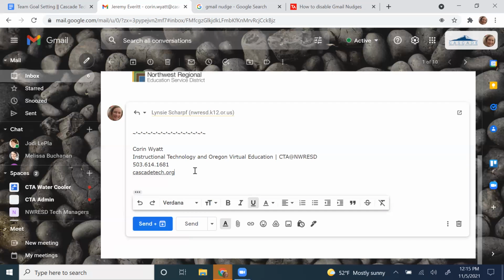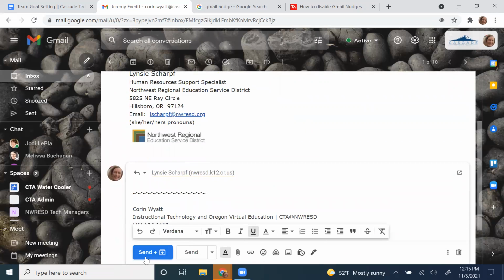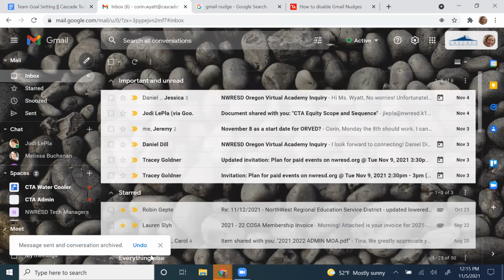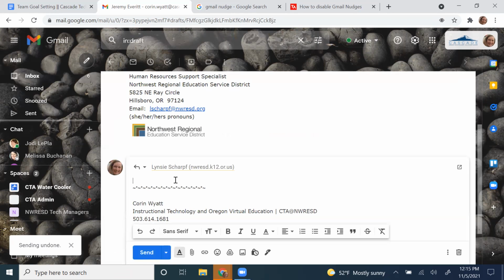The other thing that's cool about sending a message in Gmail is when you hit send, you actually have this option and you can set it for however long you want. Mine's about 30 seconds. I can undo that send and it gives me the message back. So a lot of times I'll hit send and think, oh gosh, did I include that attachment? Or did I spell something wrong? Or shoot, I meant to also tell them this. If I figure that out within 30 seconds, I can undo that send and then add whatever I need, and it hasn't hit their inbox yet.